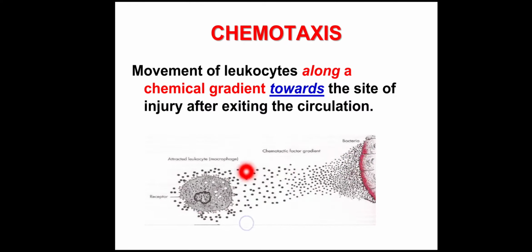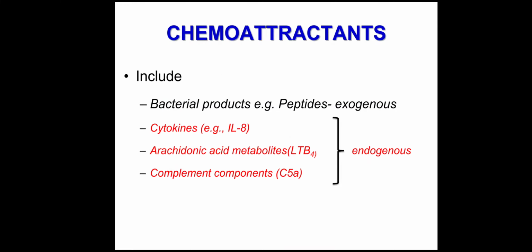So there are certain chemicals which are known as chemoattractants. They attract the WBC towards them. So the chemoattractants' chemical gradient is more towards the microbe and lesser away from it. So there is a gradient where the concentration is less here and it is more here. So now it will move along this concentration towards the microbe. This is chemotaxis.